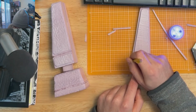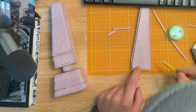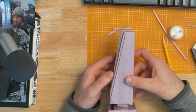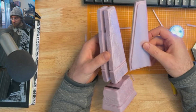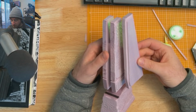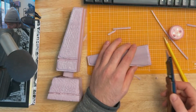Two and a half. 1, 2, 2.5. So I could cut there. Is it better as a single piece or as a two-piece? I think a two-piece so we can get this effect right there. Okay, so